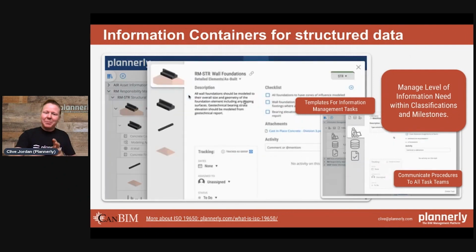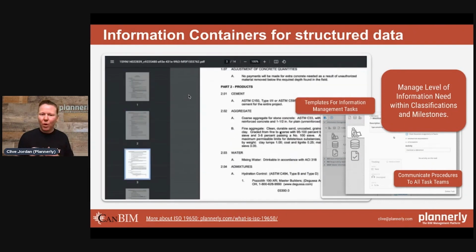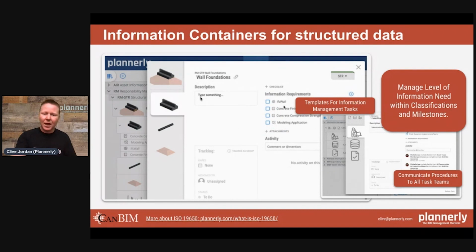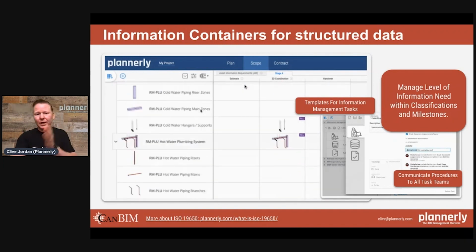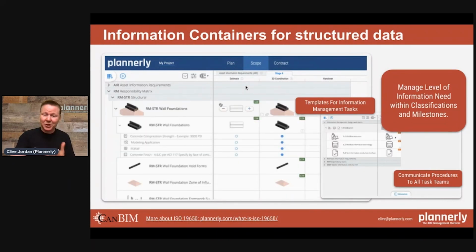The big part of what we're creating is that this data is structured in a way that teams can deliver. So we're creating this requirement for information containers that might be classified using Uniformat, Uniclass, OmniClass, a whole bunch of other classification structures, and being able to define it in a way that people are used to seeing over a stage by stage or phase by phase, assigned to a team member in a structured way.